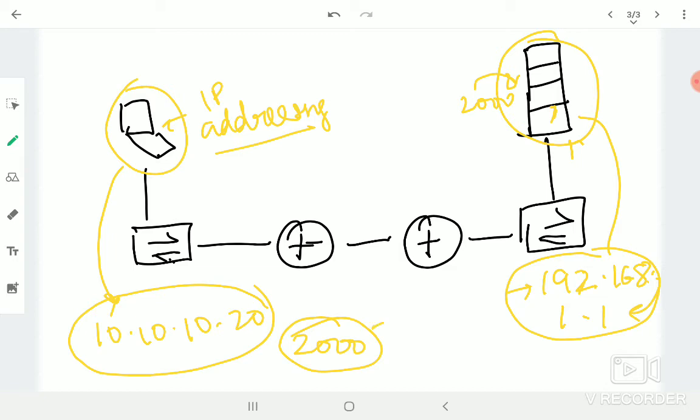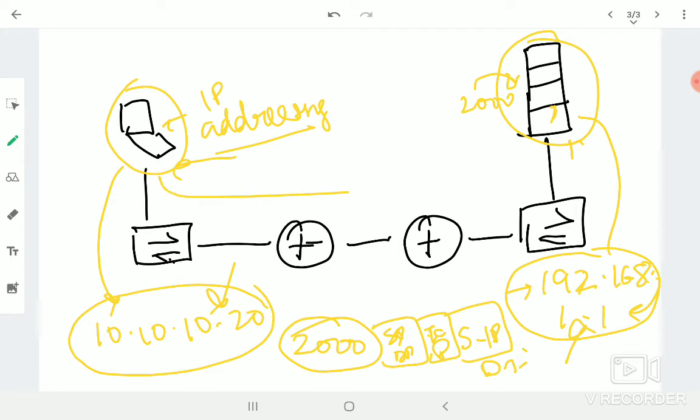In addition to that, we will have a header with source port and destination port. We'll also have a header that states this is a TCP connection. We also will have now a source IP and a destination IP. Source IP will be 10.10.10.10.20 and destination IP will be 192.168.1.1. Essentially telling this client where to go and telling this server from where the connection is being